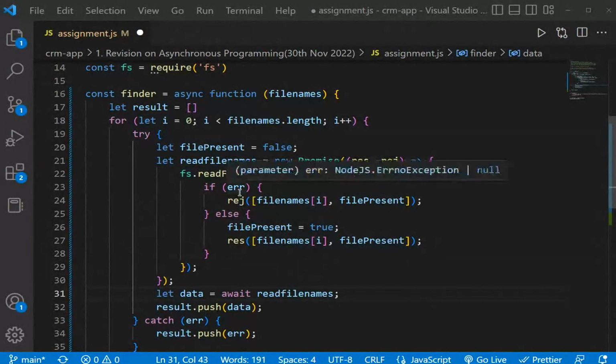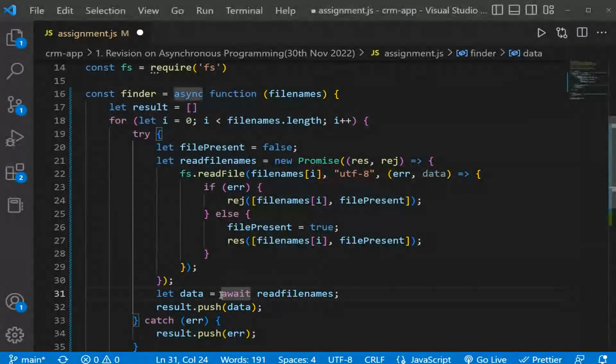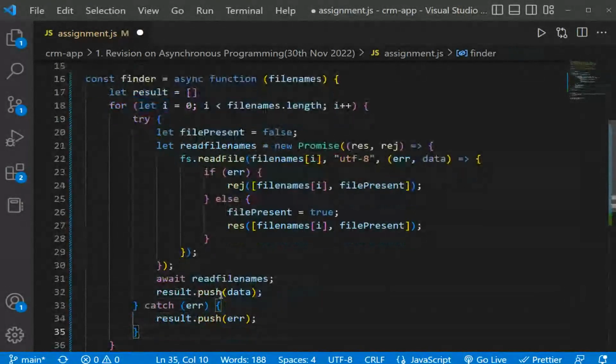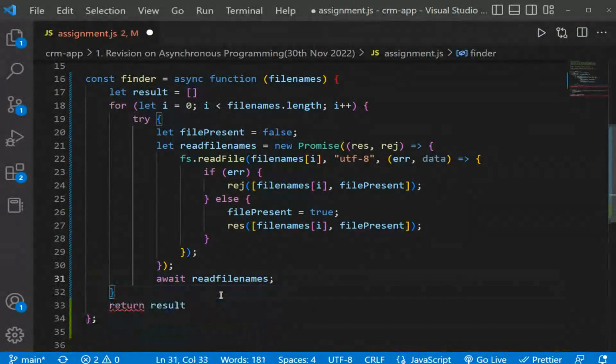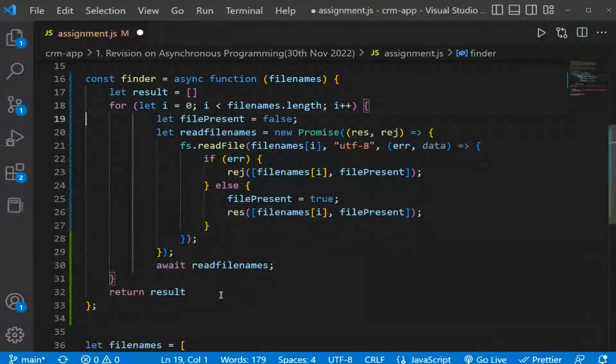Okay. So I'll just do it like this. I'll remove this and I'll remove this also. All this is not needed. I'll remove this try also. This is also not needed.